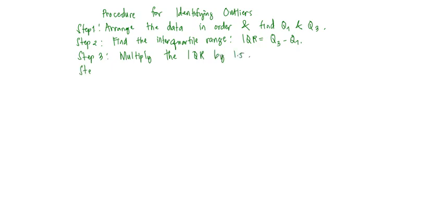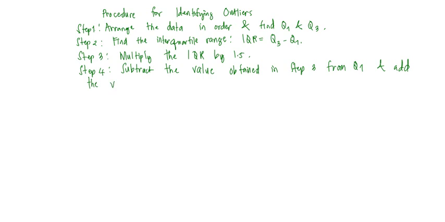Step 4 is subtract the value obtained in step 3 from Q sub 1 and add naman the value to Q sub 3. Tapos step 5 is check the data set